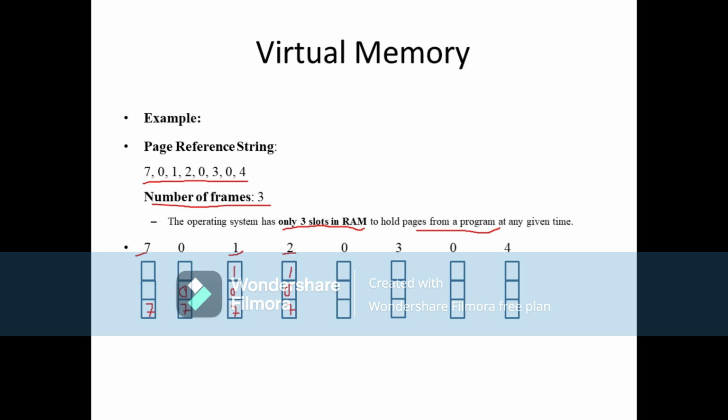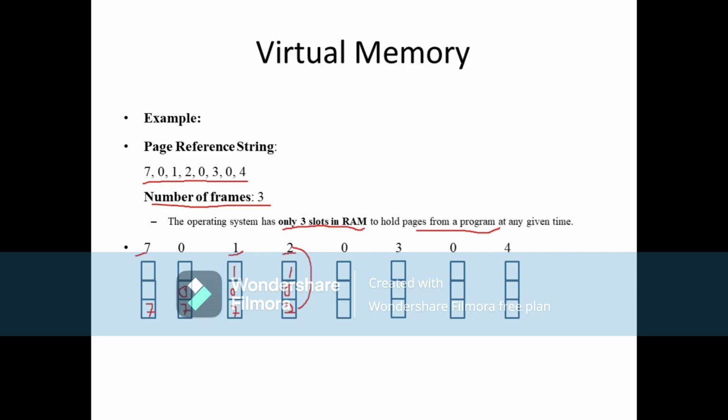Now is the time to decide which page to evict, or we can say which is our victim page. If you see which page has been in memory for the longest time, which is the oldest page, looking at these frames you understand that page number 7 is the oldest page. So page number 7 becomes our victim page. We need to replace page number 7 with page number 2, so we place page number 2 at the place of 7.